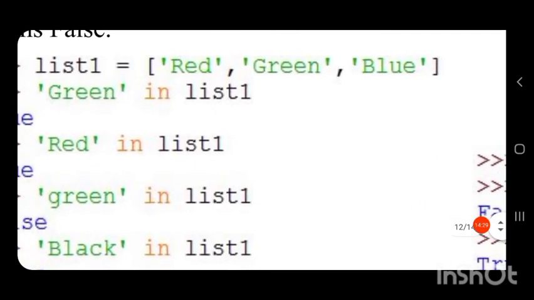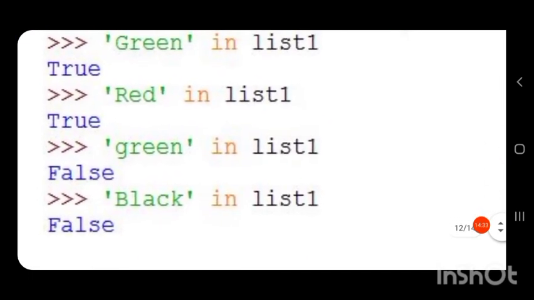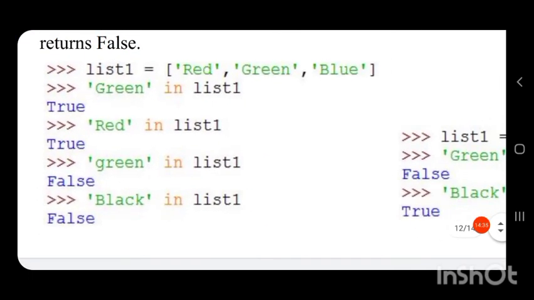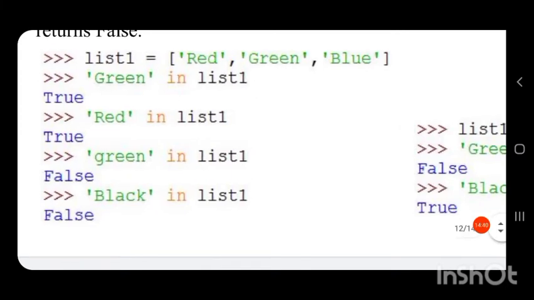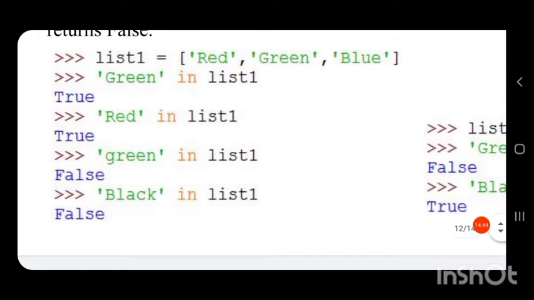Since red is also present in list 1, it will return true. Next, it will check Green in list 1, but it returns false. Why? Because Python is a case sensitive language.